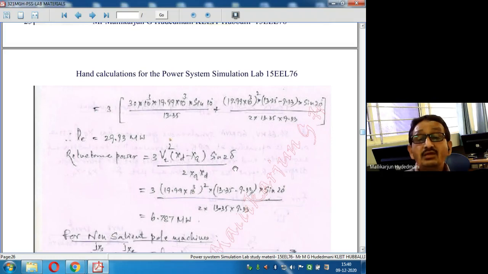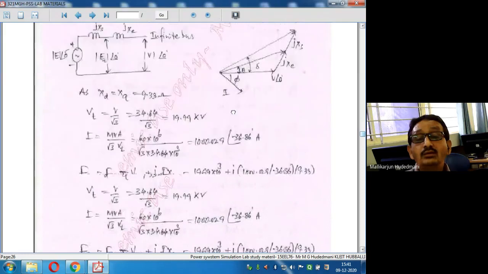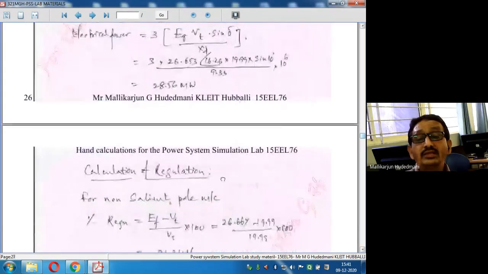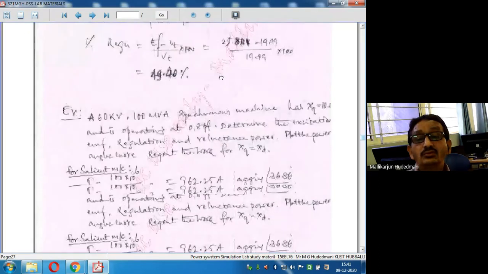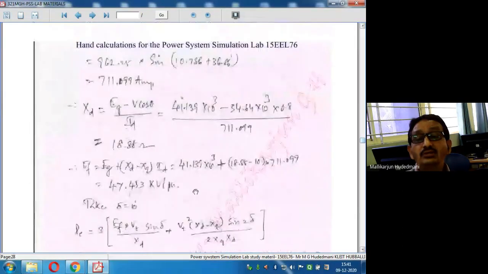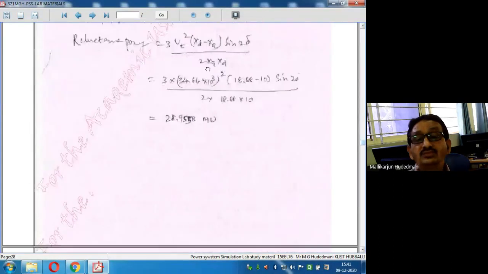So this way, if I keep changing this delta, if delta is said to be 20 degree, how is the value? 30 degree, 40 degree, 50, 70, 80, 90, 100, 110, 120, 160, 180. From 0 to 180 degree, if I keep on varying it, I will get discrete values of active power, reluctance power. When I plot a curve, how would the plot look like? I'll show you. I'll put it in the graph and show you.